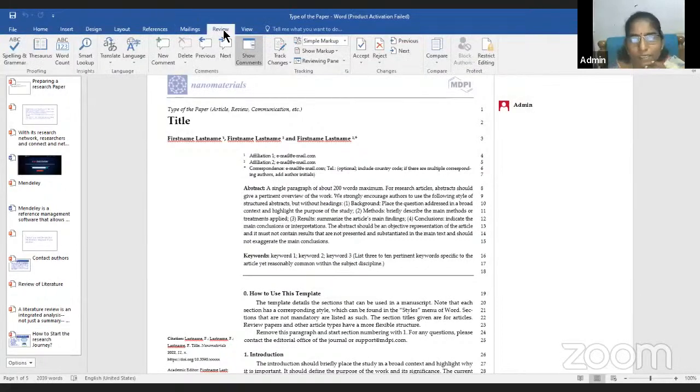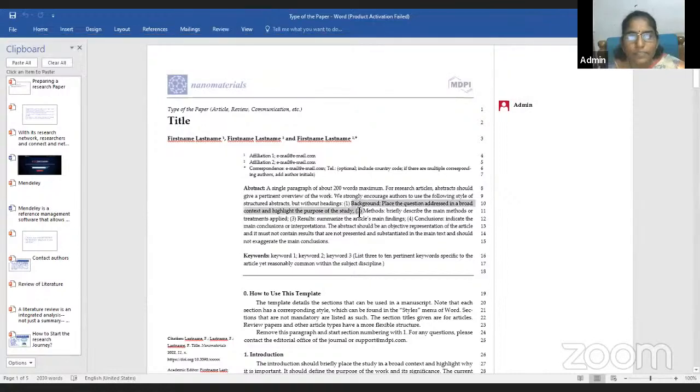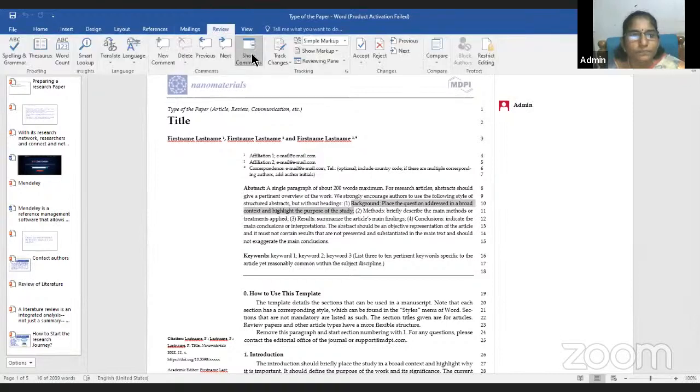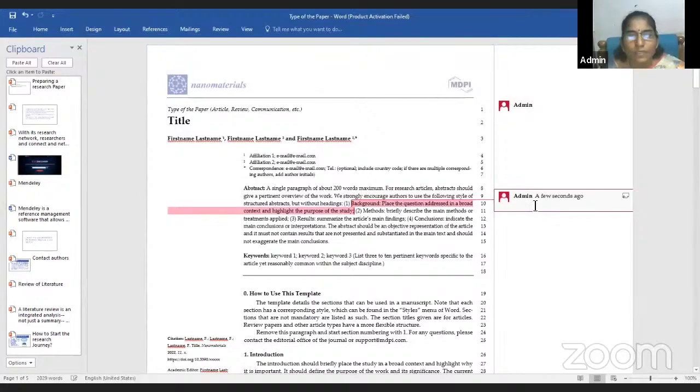If you are typing content, your content, and you want to send it to your research supervisor, you can take this paper, abstract or any part. Okay, background research. So you can write a comment here. Review, new comment. So you can write the comments and type. So I have taken this paper. Is it right, sir? Or like that. So you can write, I have taken